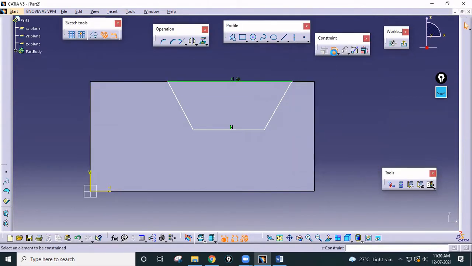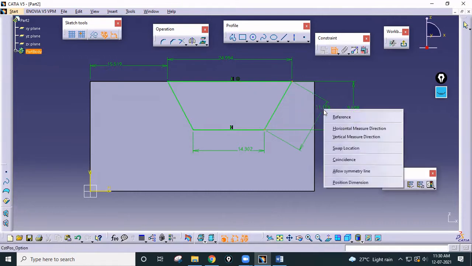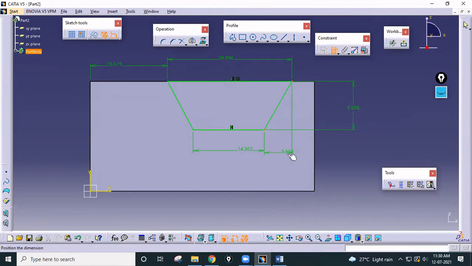Okay, and again, here you have to give all the dimensions. So let us check the dimensions. Okay, this one is remaining, so here make it horizontal, measure dimensions.